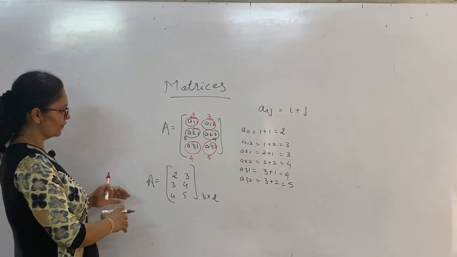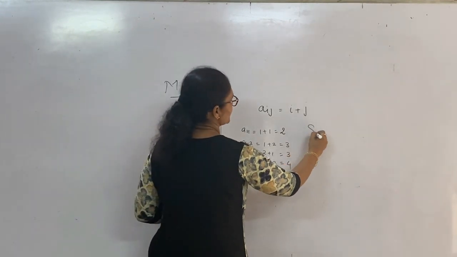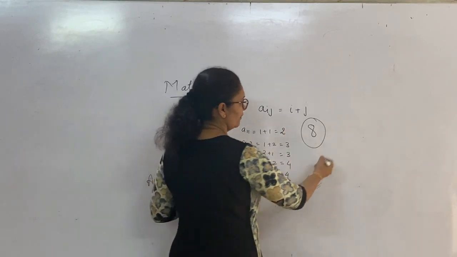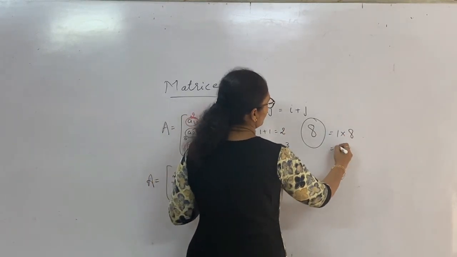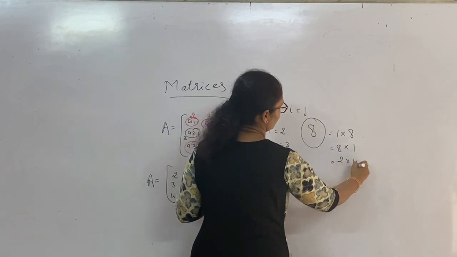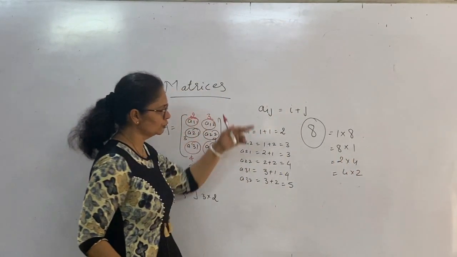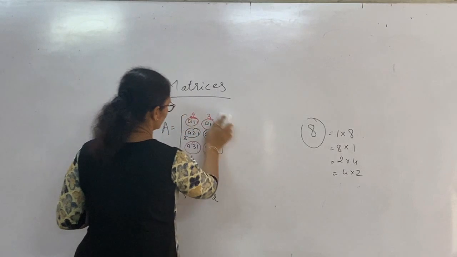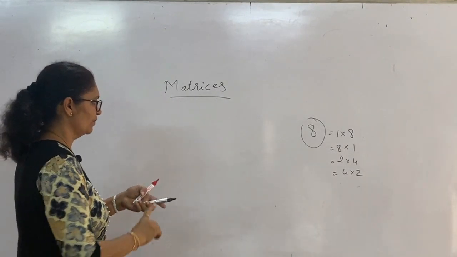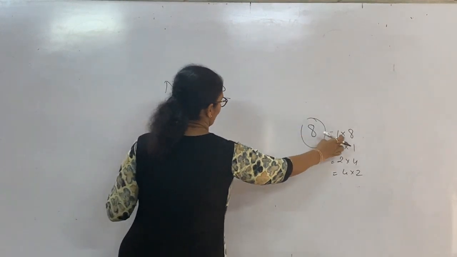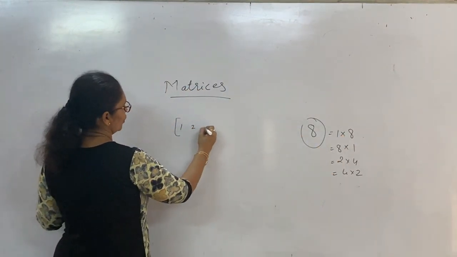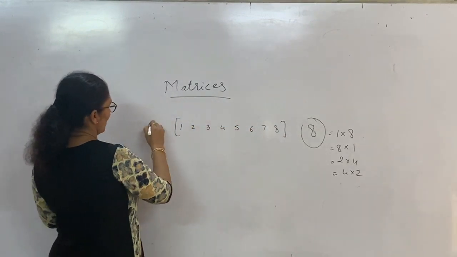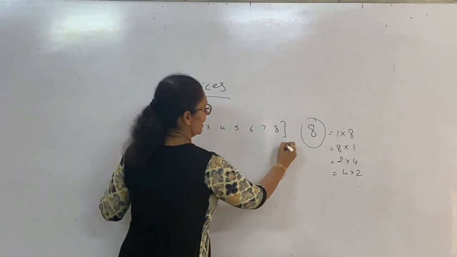Now suppose we have to construct a matrix and we have 8 elements. If you have 8 elements, how many ways can you arrange the elements? So simple, we have to factorize it. 1 into 8, or you can say 8 into 1. 2 into 4, or you can say 4 into 2. So these 4 ways you can construct the matrix. Now I show you how we can write these 8 elements in a matrix. See, I have written 1 by 8, which means 1 row, 8 columns. So I can write 1, 2, 3, 4, 5, 6, 7 and 8. This is your matrix A, which is 1 by 8 type.